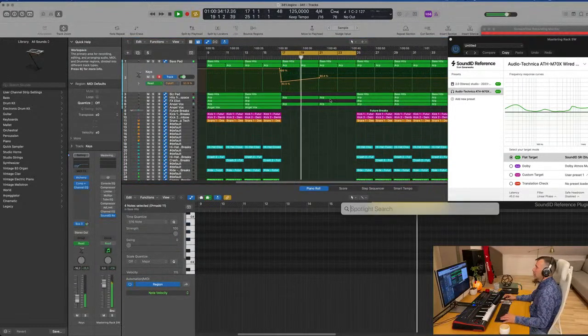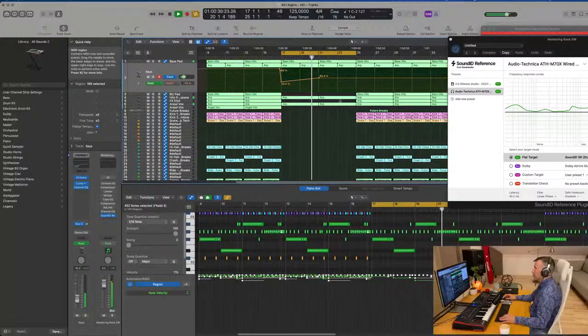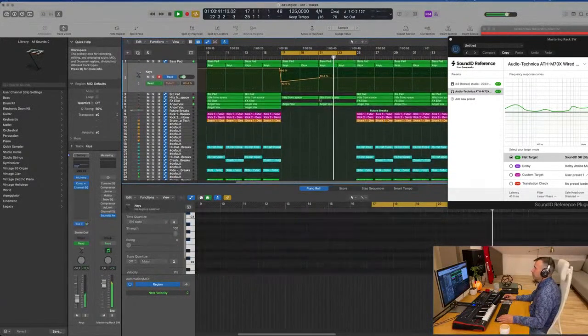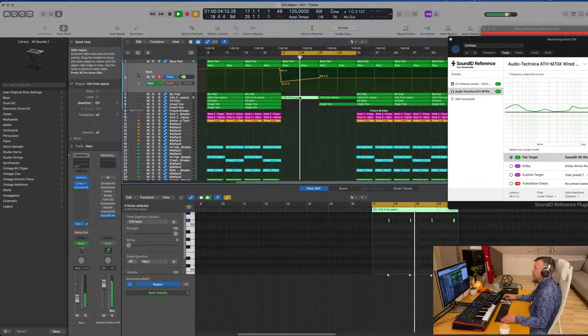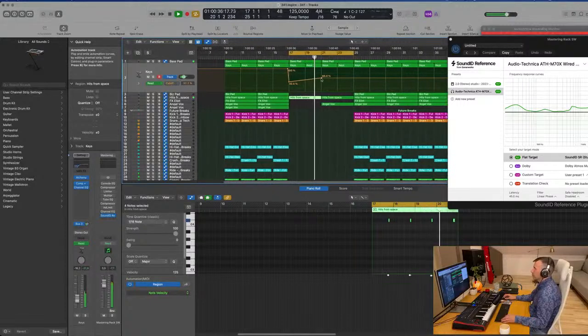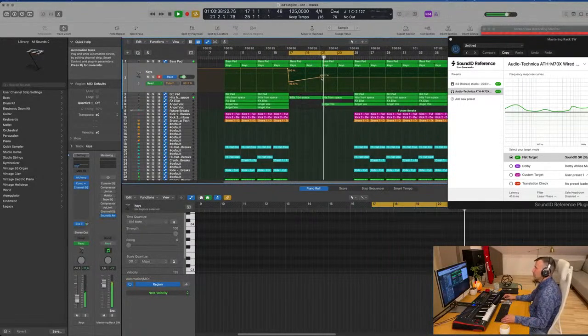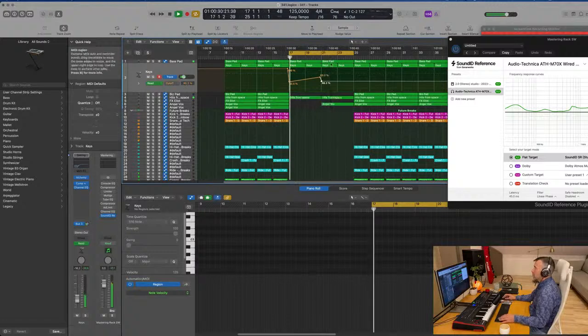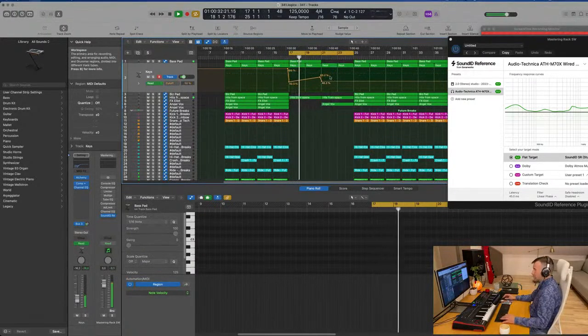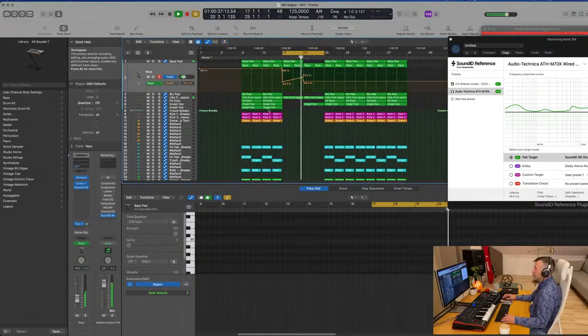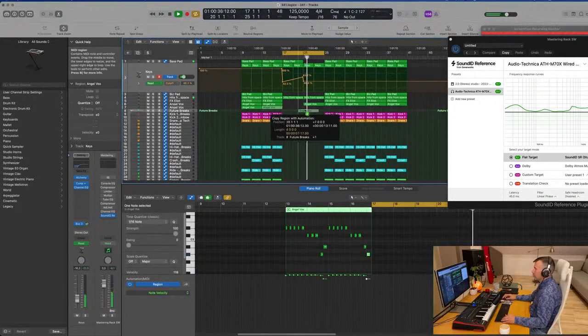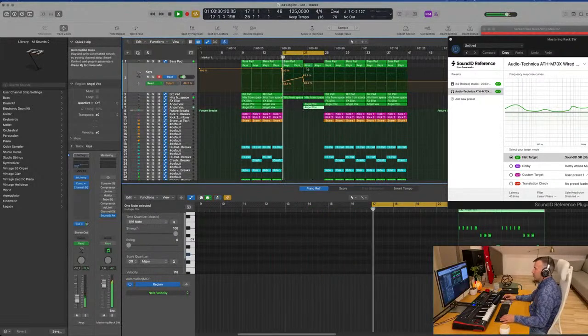Command A, sorry. Color region by track, name region by track. So I'll remove this pad for now. I would also drop the pad, the bass pad, really bring it down. Try to create a moment and see if we